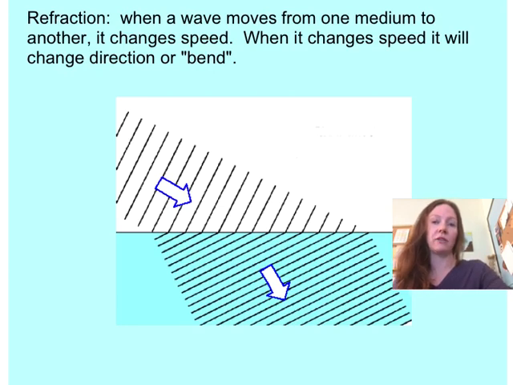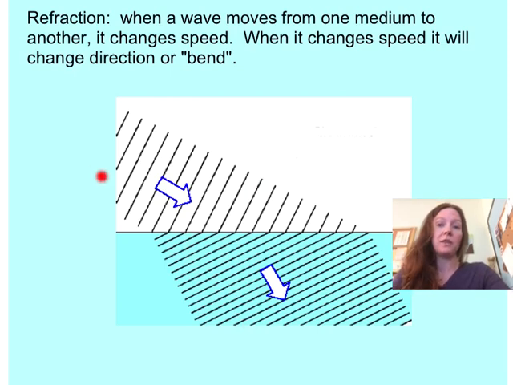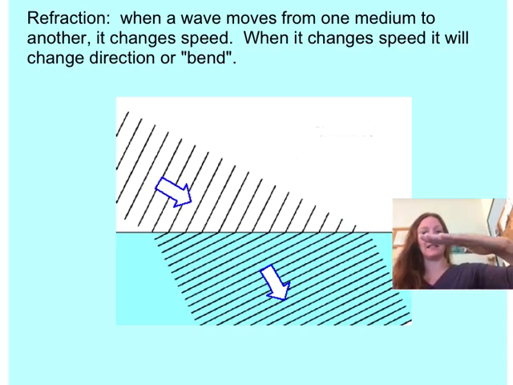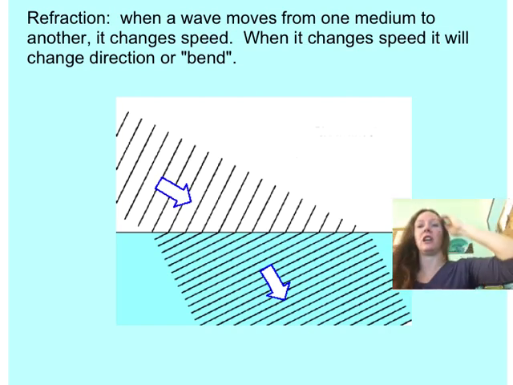Light travels faster through air than it does through water. So when this part of the light wave hits the water first, it actually slows down. And this part of the light wave hasn't hit it yet, and it's still going faster. So what happens is it slows down. It almost is like it's slamming on its brakes on one side and causes it to change direction